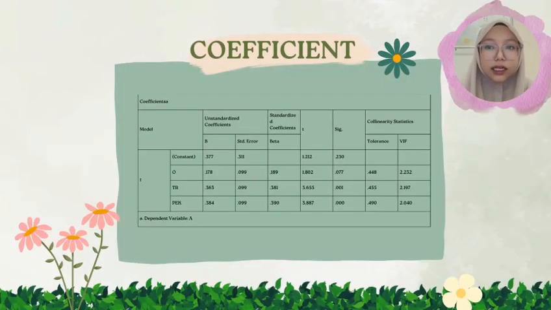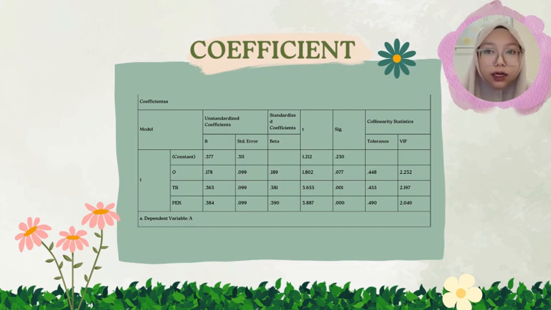Coefficient. The regression analysis shows that technology readiness B equals 0.363, significance equals 0.001, and prior experience and knowledge B equals 0.384, significance equals 0.00, have significant effect on the acceptance of new learning method in Google Classroom. Observability B equals 0.178, significance equals 0.077, has a nearly significant effect.